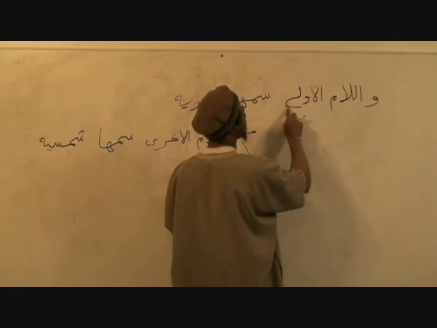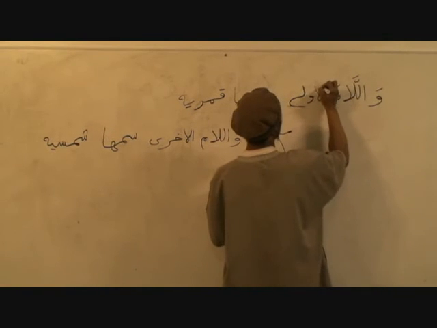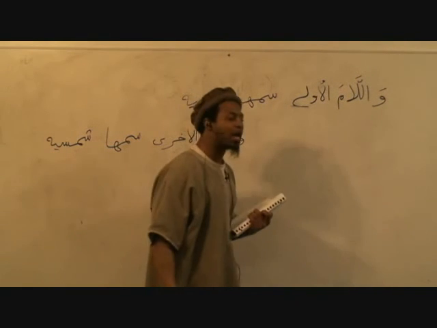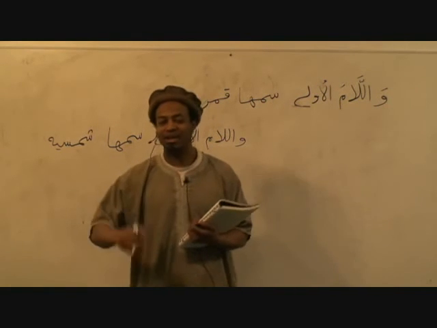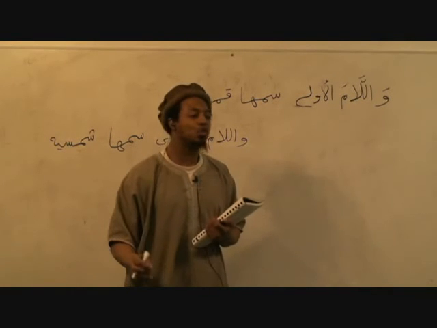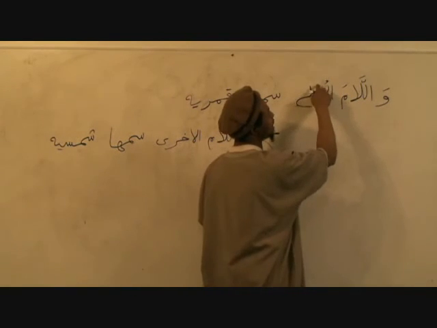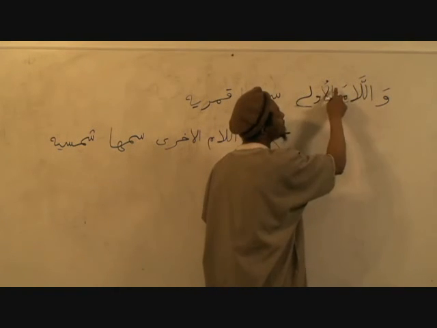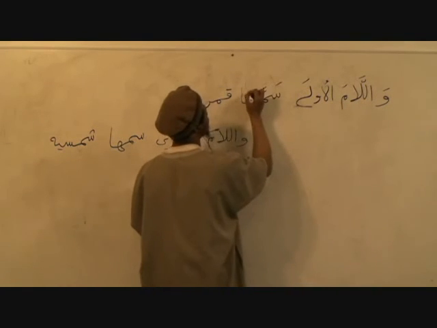That's it. ولام لولى. In the poem you say ولام لولى. It's teaching you because it's not always going to be Hafs ولام الأولى. In the poem it says ولام لولى. We call that naql. You take the fatha or the hamza and you put it on the preceding letter. So it's وَلَّامَ لُولَى